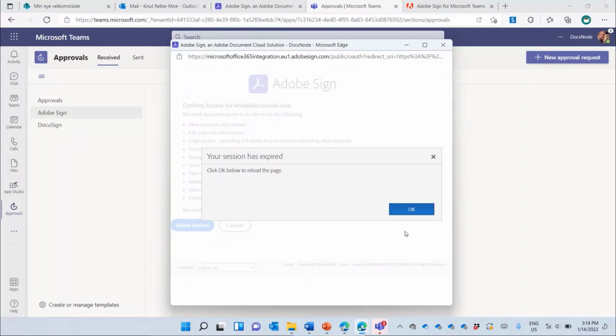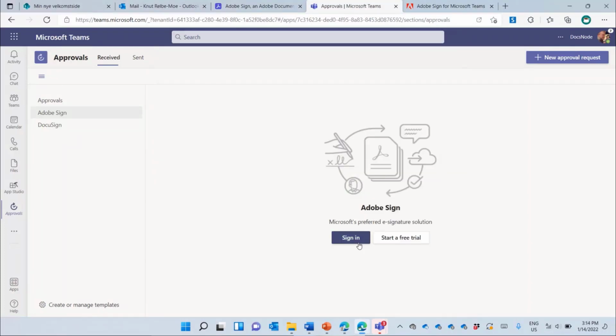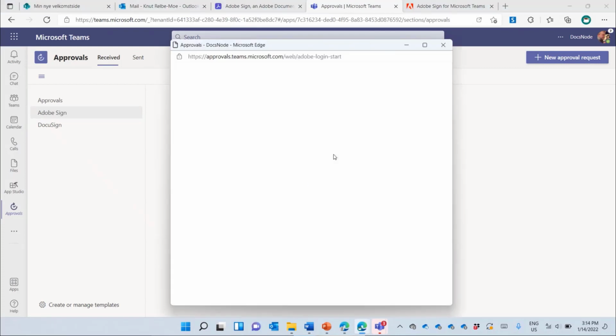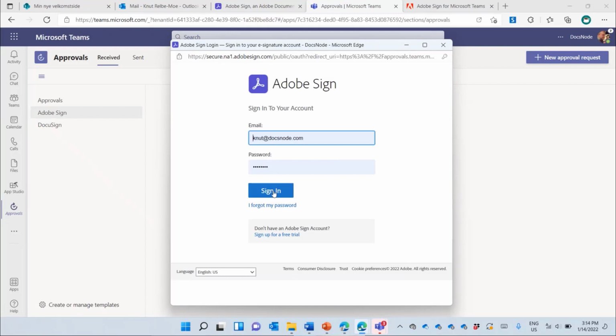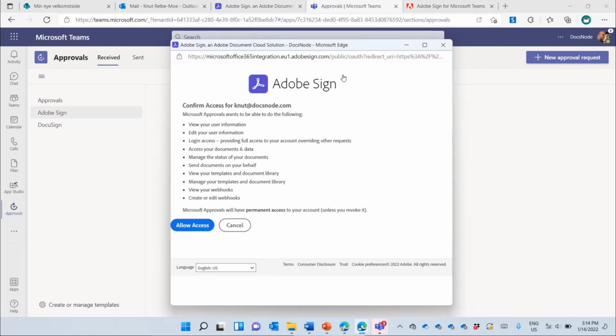And now I saw my session has expired, so I probably need to do it again. So let's just go here and click sign in. Now I need to log into my Adobe eSign account. So I'm doing that. And then first of all, you need to confirm the access so that Adobe can